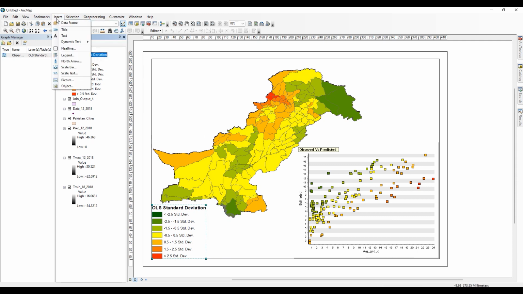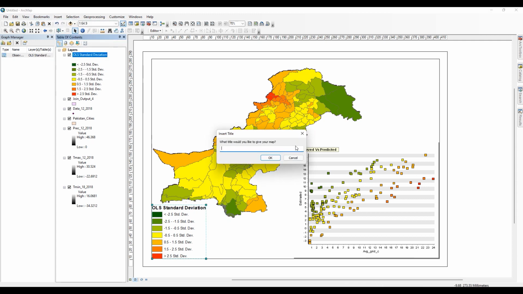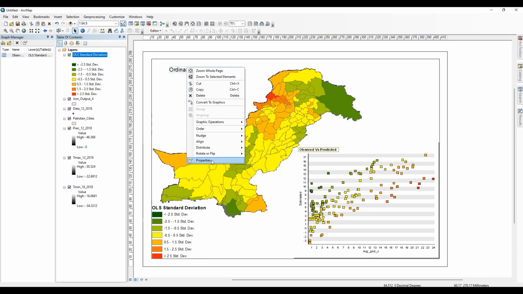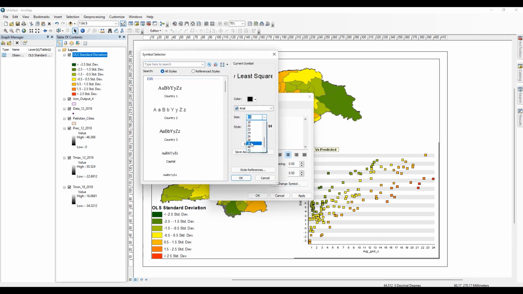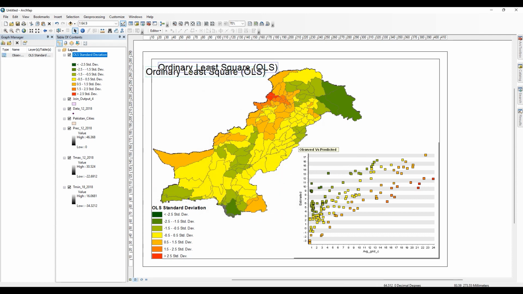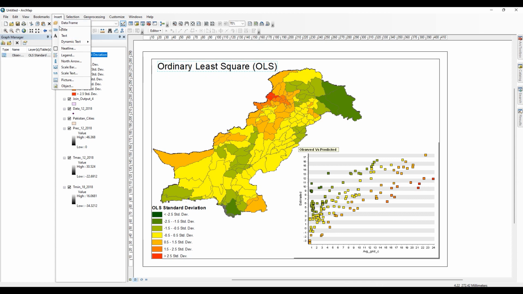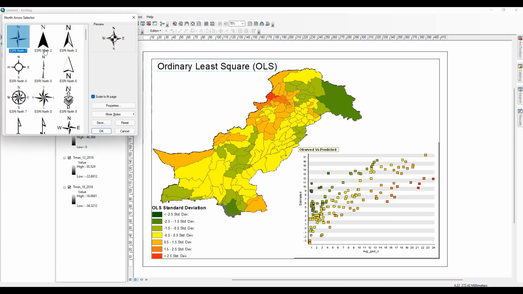For adding the title, click on insert and add the title here. Click OK. Now we can add the north arrow.